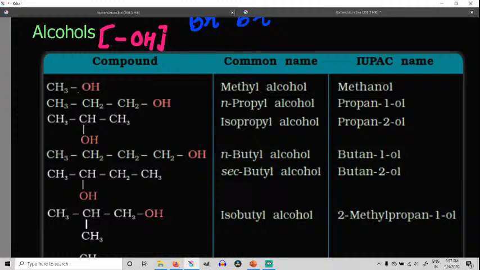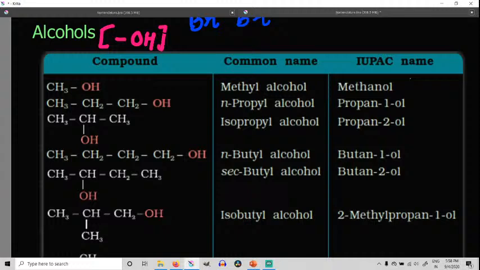Okay, so now in this we can see CH3OH, right? CH3OH is actually methyl alcohol, the common name. And what will be the IUPAC name? The IUPAC name will be root word meth plus an plus ol. How to give IUPAC name? This should have three portions. One is root word plus an. Why an? Because the carbon chain has a single bond between carbons. It means the parent chain is from alkane, so the primary suffix should be from alkane only. Okay.